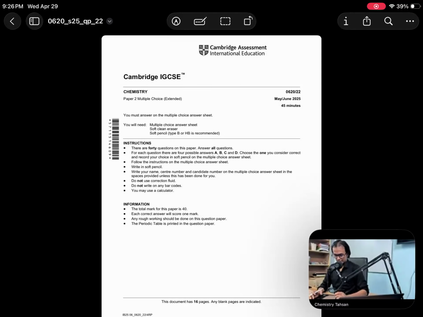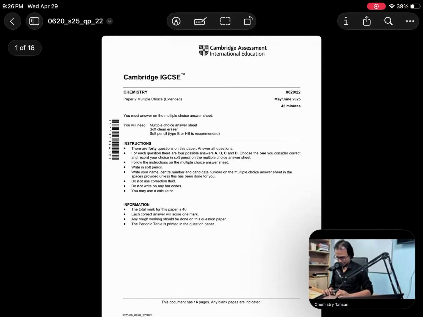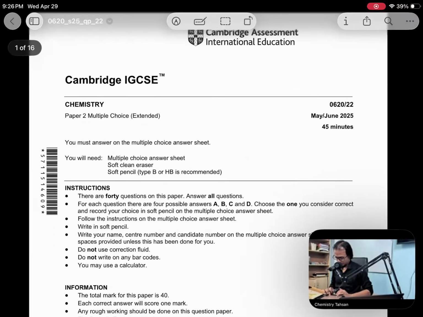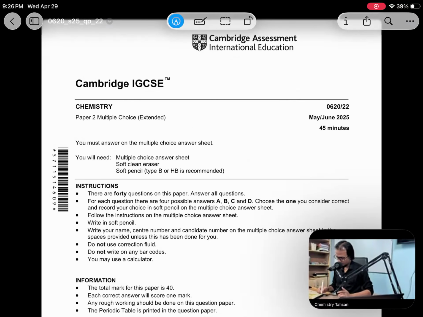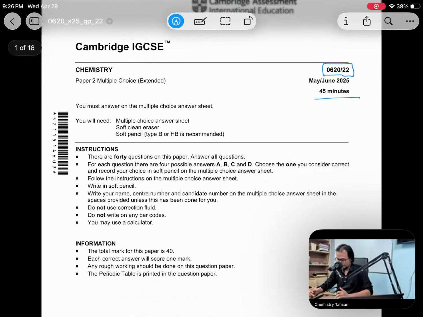আচ্ছা চলো, আমি আজকে মে-জুন 2025 এই কোয়েশ্চেন পেপারটা, 0620, যারা IGCSEর স্টুডেন্টস আছো, 45 minutes you have, 45 minutes time to finish this paper. চলো দেখি এই পেপারটা আজকে সলভ করি।